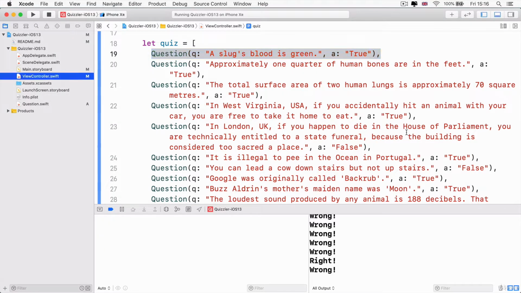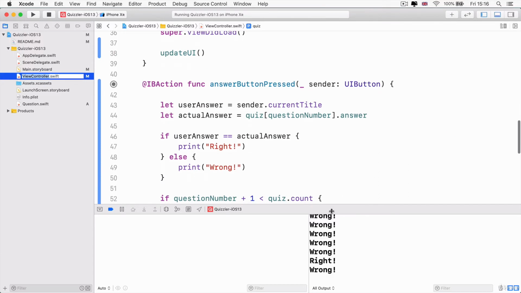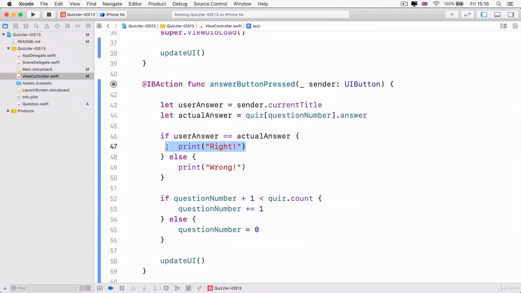Instead of using our print statements here, we have to think of another method. So let's go ahead and delete these. And instead, we're going to set the background color of the button that the user pressed either green or red, depending on whether they got the right answer. We can get hold of the button that they pressed by simply tapping into the sender object, and we can say